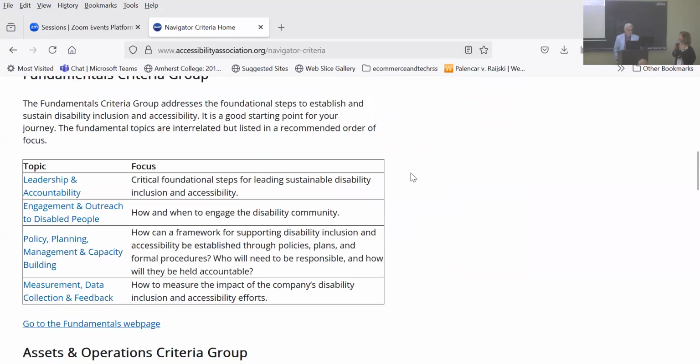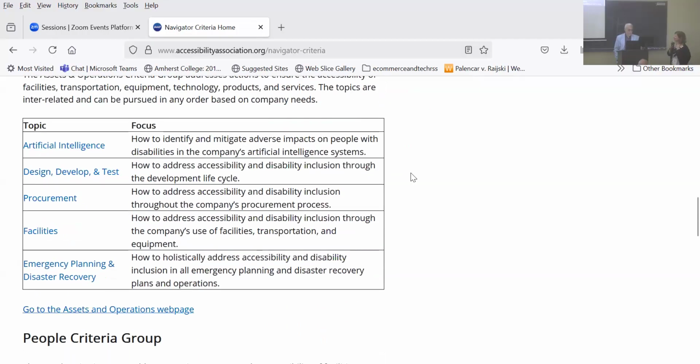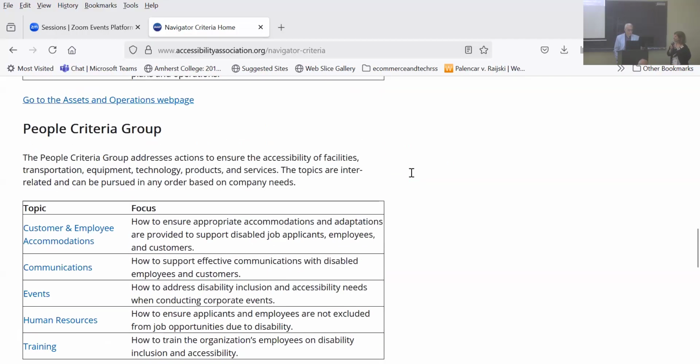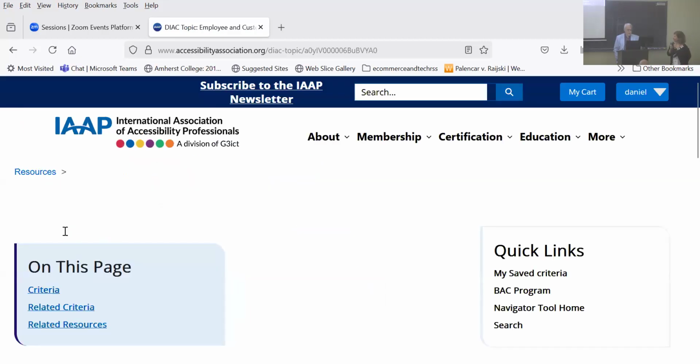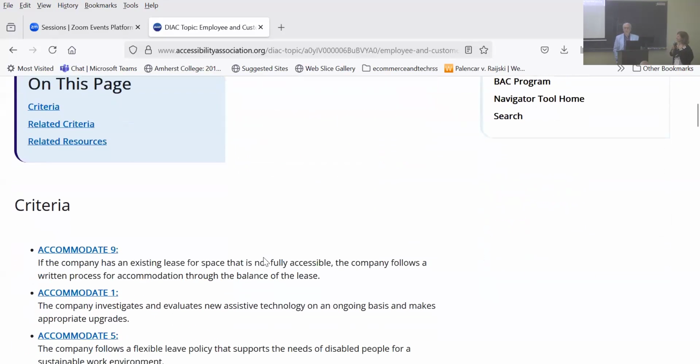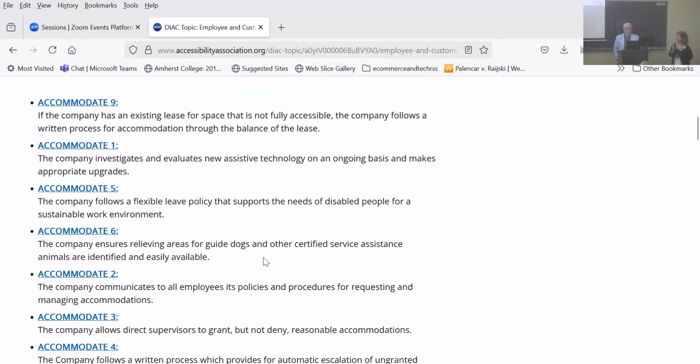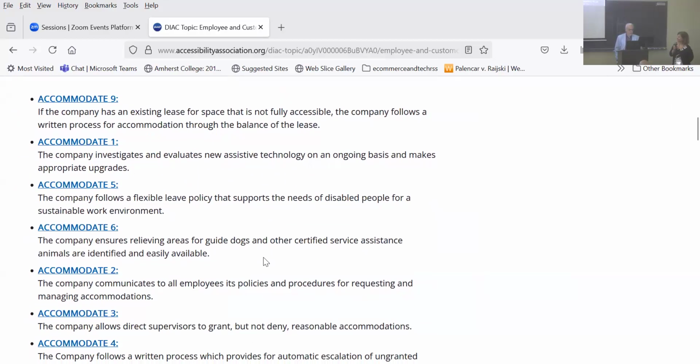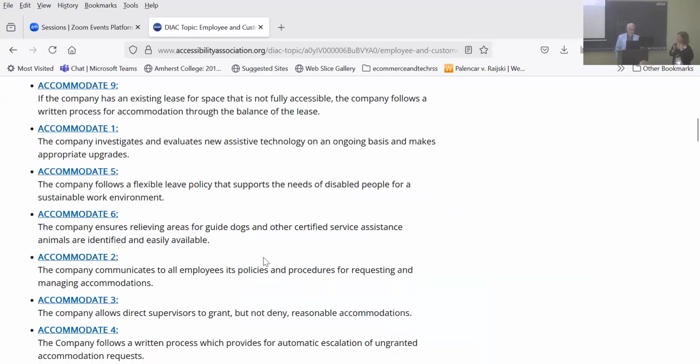Someone asked about accommodations. So accommodation, I believe, is split into customer accommodations and employee accommodations, if I remember correctly, Dan? They are, but they actually go further than that because they also reflect accommodations for job applicants. Yes. It just became too cumbersome a title. And here you're talking about not just digital accommodations, but physical accommodations as well. And invisible accommodations.